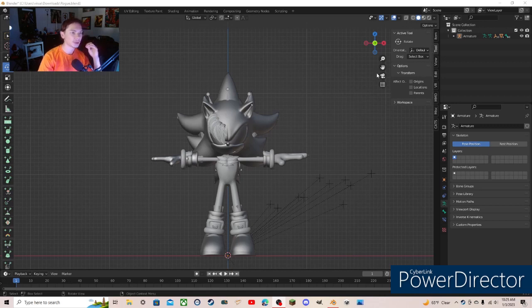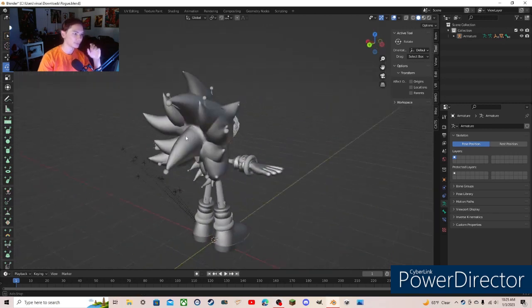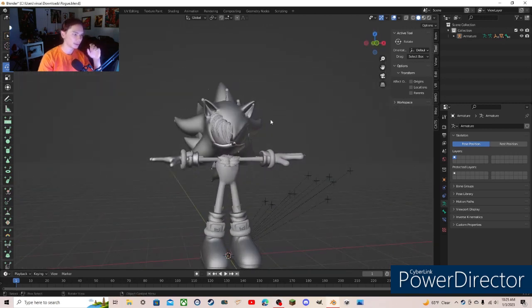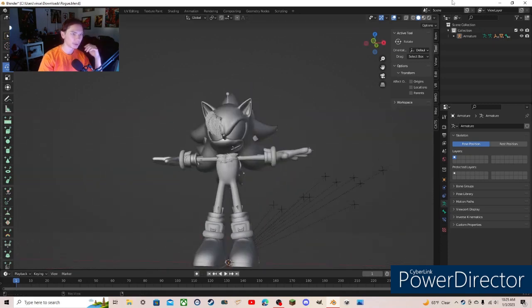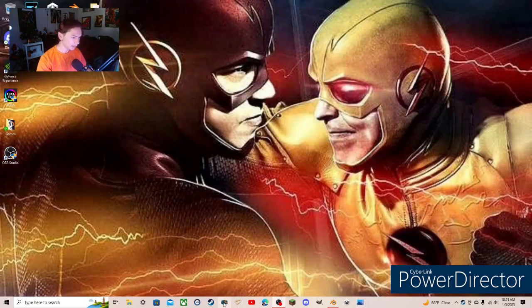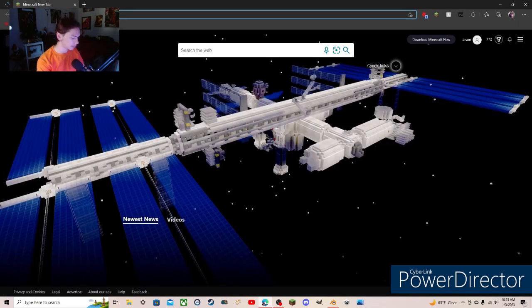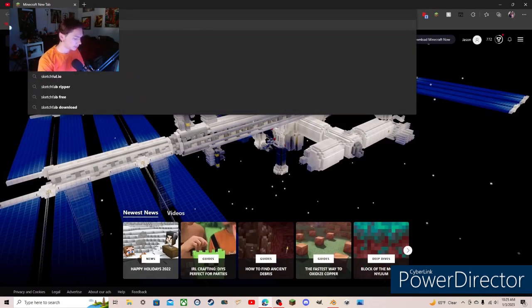So the first thing you're going to need to do is open up Blender and find whatever the file is for your model that you want to utilize clothing for. For this, I will be utilizing my OC Sonic character, as I said before. The next thing you want to do is go to Sketchfab,